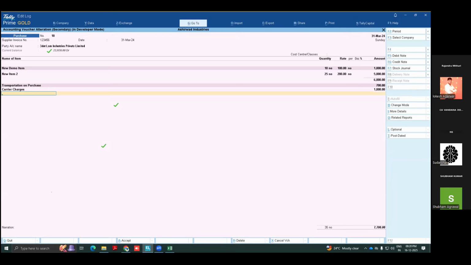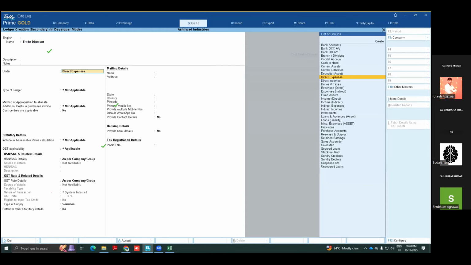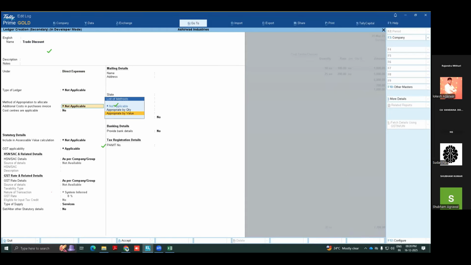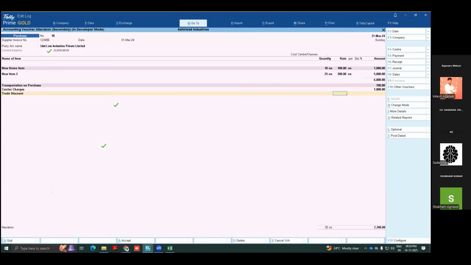Let's see, you want to make some trade discount ledger. So here I can say as per value GST. I am just avoiding GST setup, and here I am saying 10% discount received on the invoice. So the amount should be different.